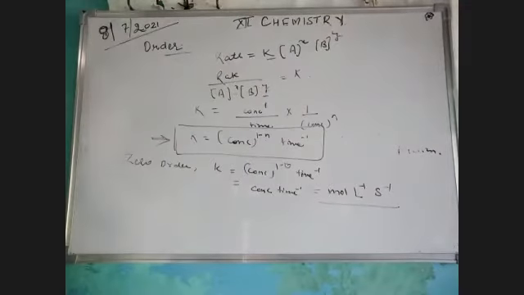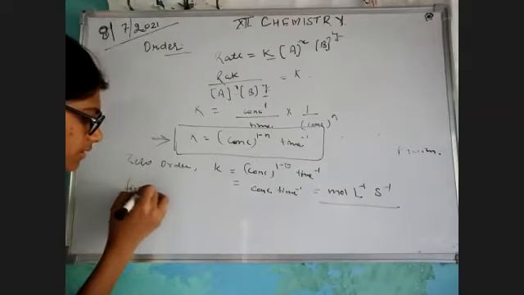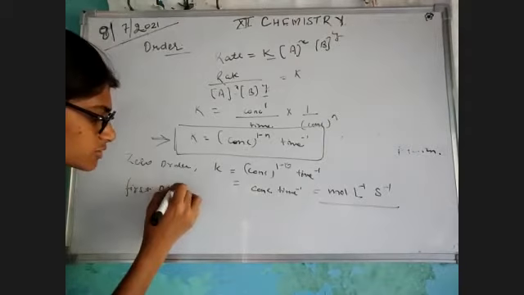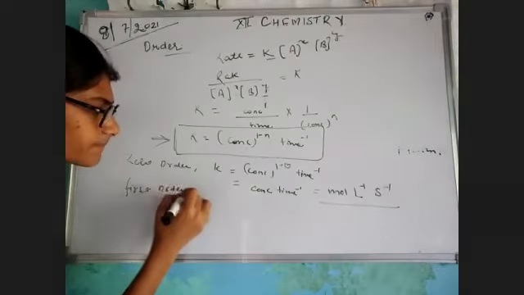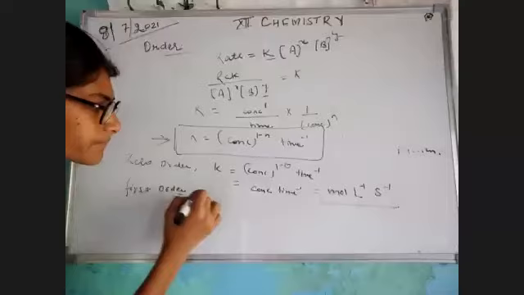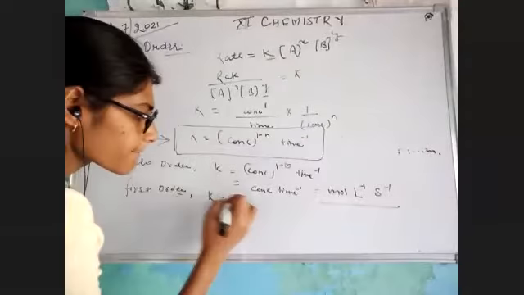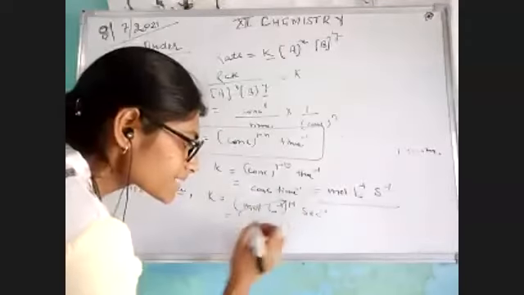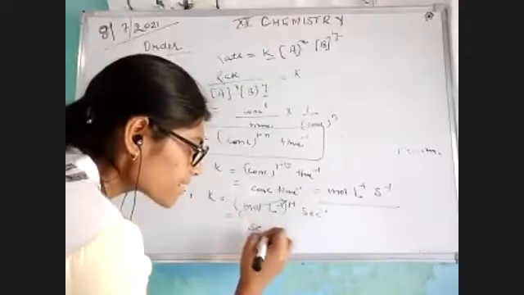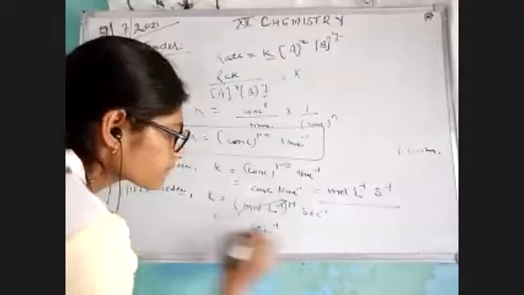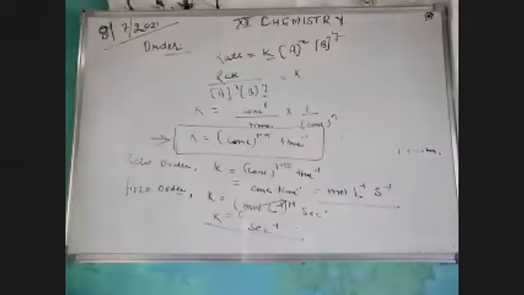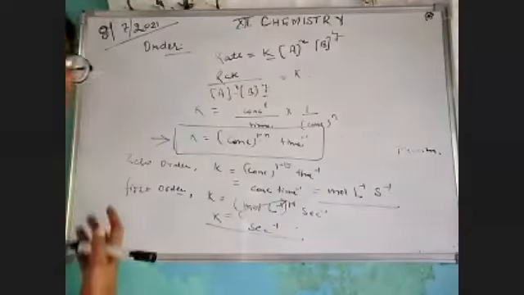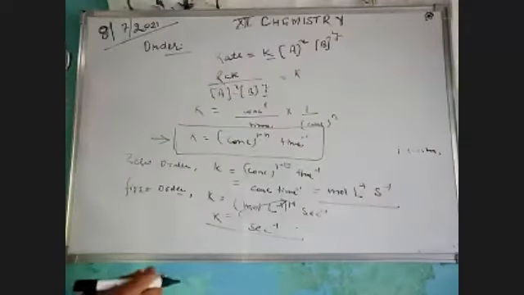Same as it is if I want to calculate the unit for first order. I'm just writing it very simple. Because n is equal to 1 over here, this completely equals 0, so the unit is per second. Same as it is, you can calculate for second order, for third order. Okay.